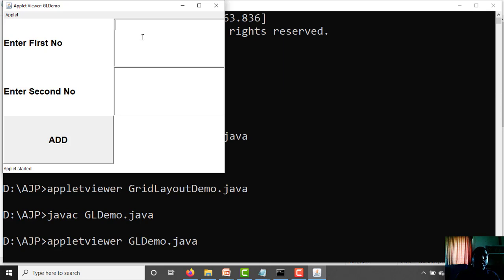Here text field is added, first label, second label, and here text field, and here button 1 is added, and here you can see the output. You can write in the text field or anything. Like this design you can do by using the grid layout, which can specify the number of rows and columns for the window. Like this way we can perform the grid layout example.